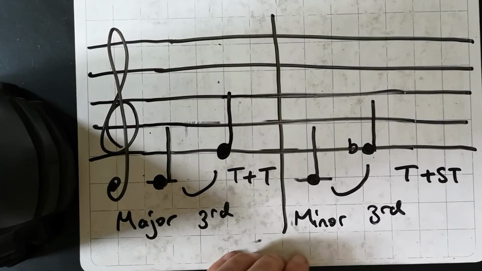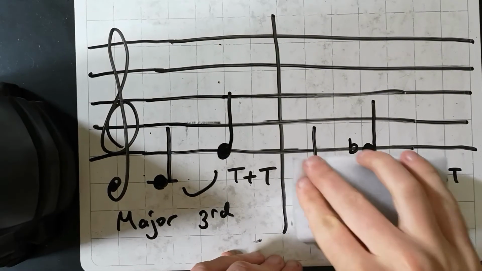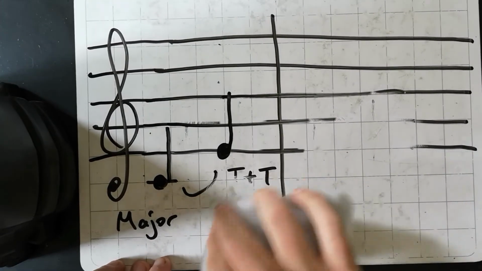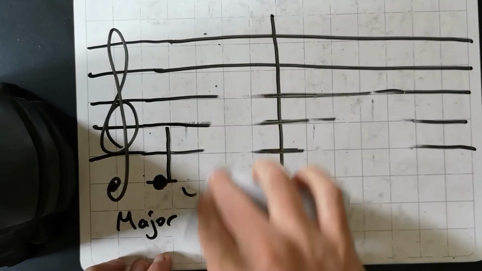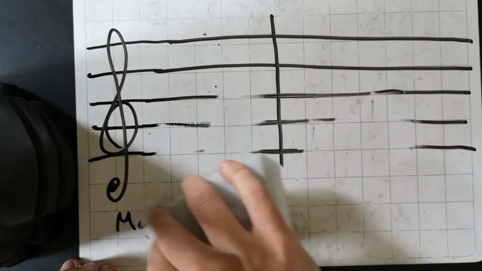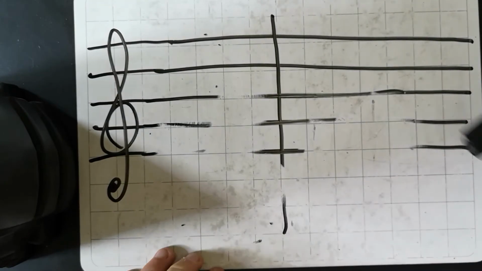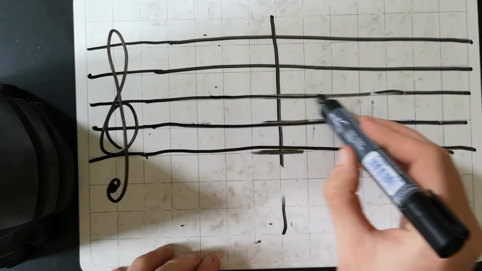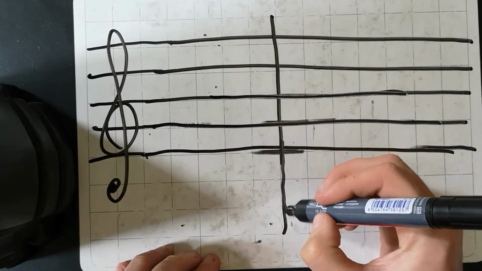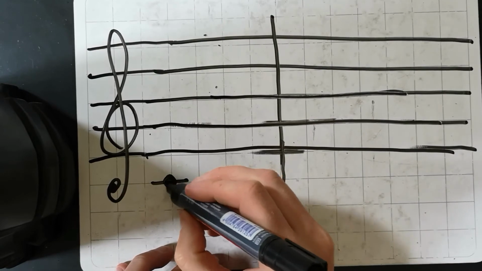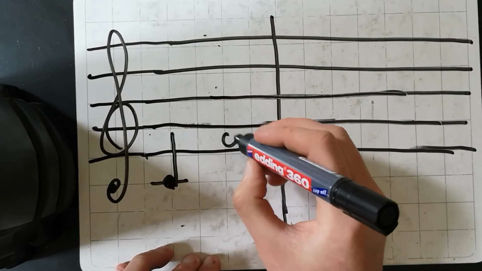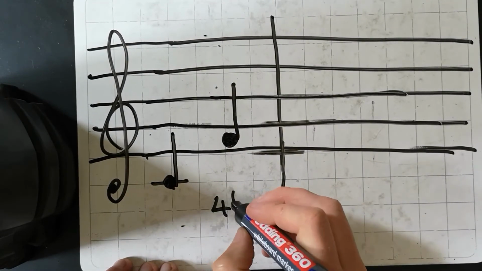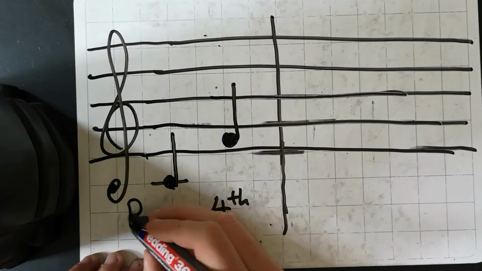Now I'm going to do fourths and fifths on the same one. Okay, because fourths and fifths are slightly different. You don't get major fourths and minor fourths, and you don't get major fifths and minor fifths. With you guys doing GCSE, it shouldn't be any more complex than seeing something like C, where my fourth is going to be F to there. The distance there is a fourth, and it's what we call a perfect